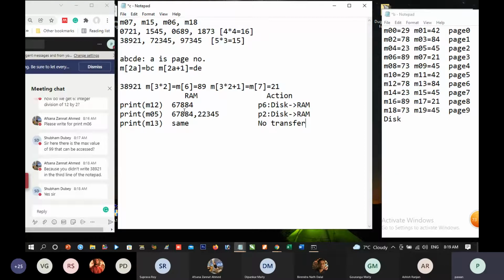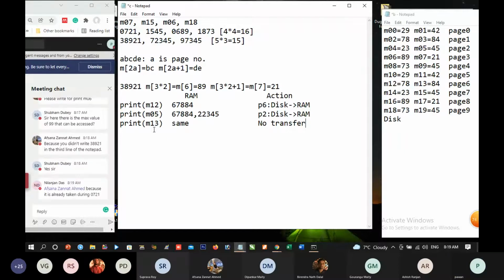So for page 6, we can easily find out that it is 84. So we can print the value 84. Is it clear to you? Any doubt now? Ask any more question.